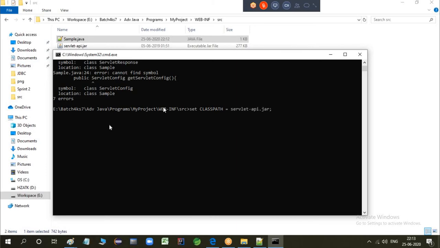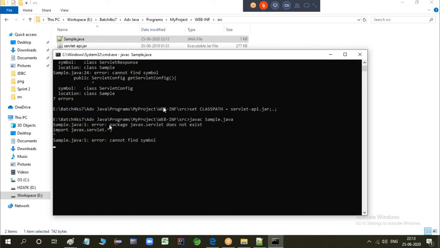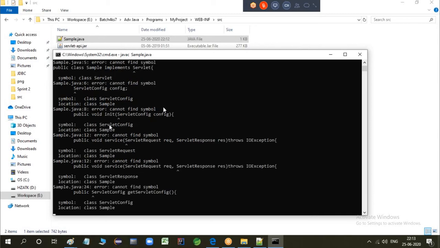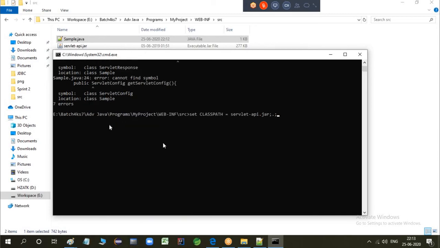Classpath is equal to servlet-api.jar. Compile it one more time.